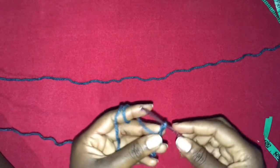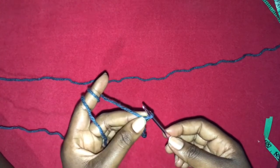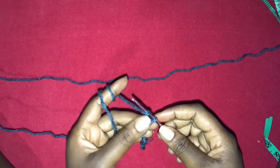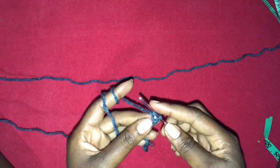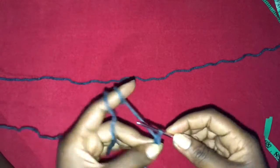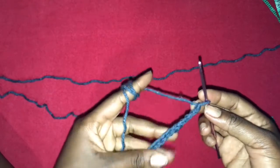So first of all, I am going to make a knot and get my hook into the loop like this. And I'm going to chain a total of 15 chains. 1, 2, 3, 4, 13, 14, 15. So once you have your 15 chains done,